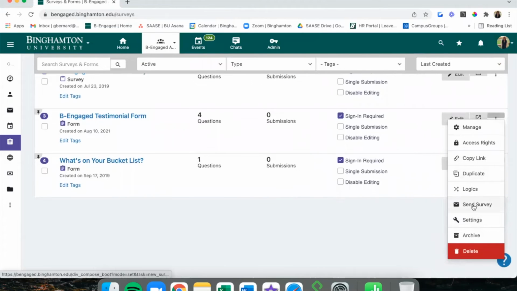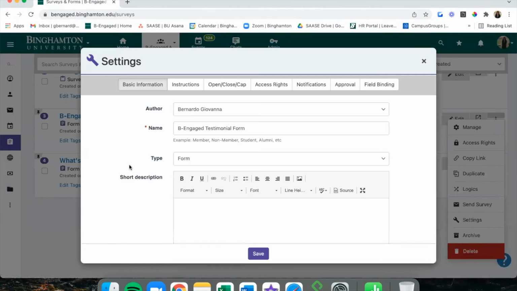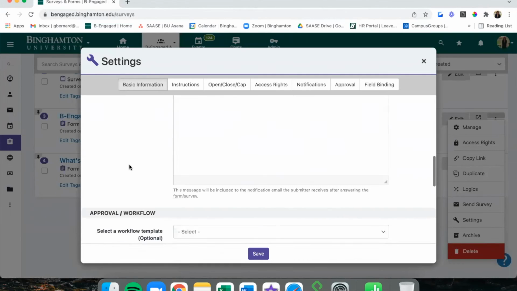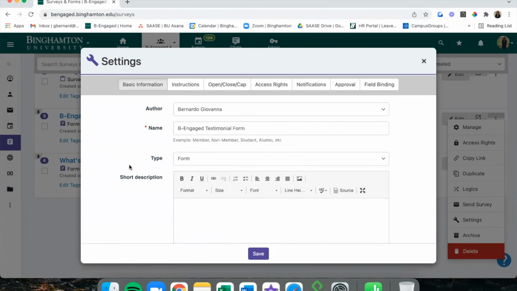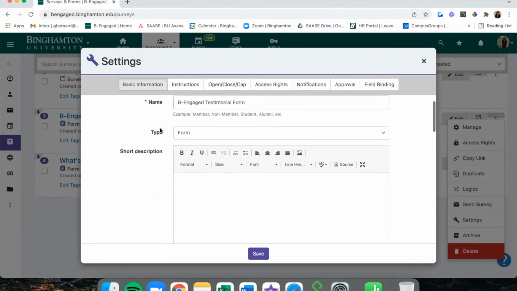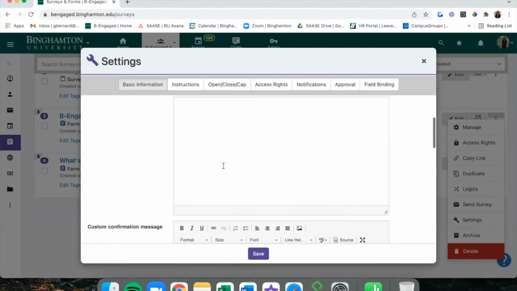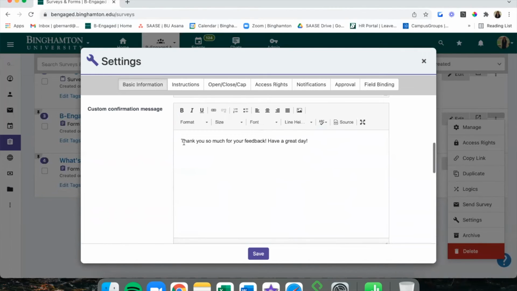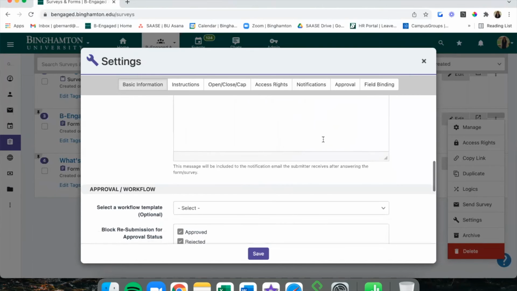So under Send Survey is Settings. And the settings section is arguably the most important section of any form, just because you're creating the parameters for how your form is going to function. So the basic information here, you have your author, so it's the person who created the form, the name, the type, a short description, and a custom confirmation message after they click Submit.